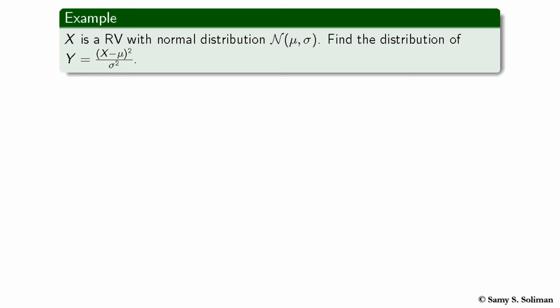Let's start with this example in order to understand the previous formula. We have x, a random variable with normal distribution or Gaussian distribution defined as shown. And of course that means that the mean is mu and the standard deviation is sigma, or the variance is sigma squared. And we are required to find the distribution of y, which is equal to (x minus mu) squared over sigma squared. So one can first notice that x minus mu over sigma,